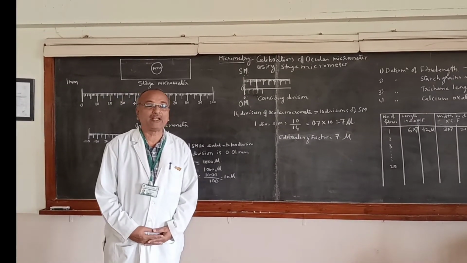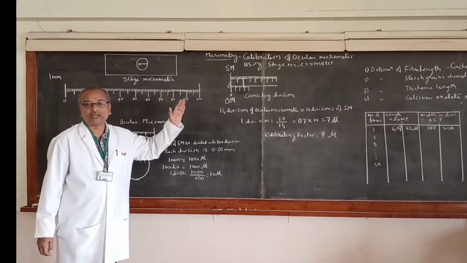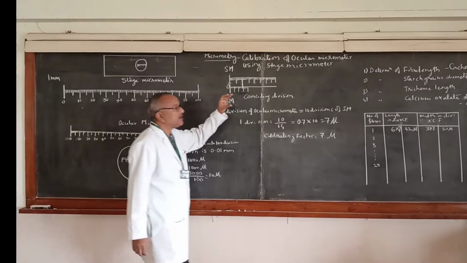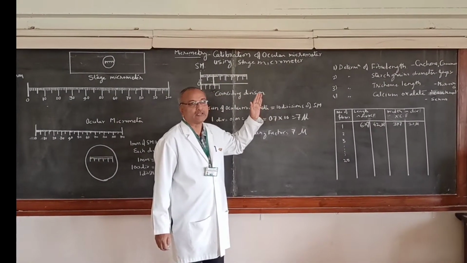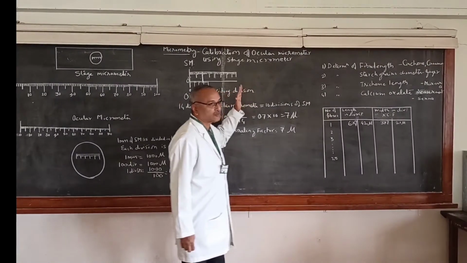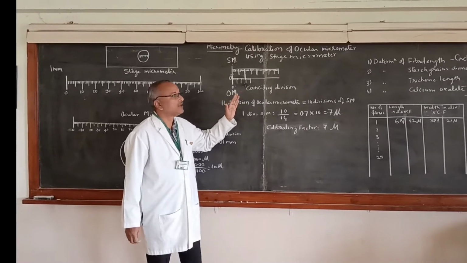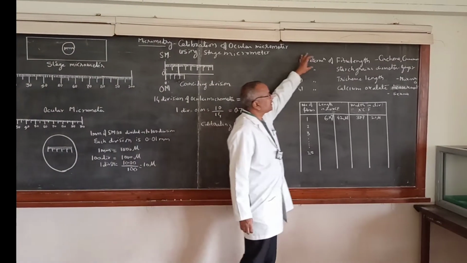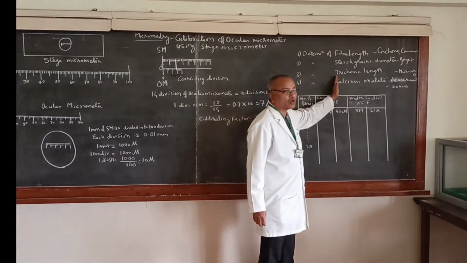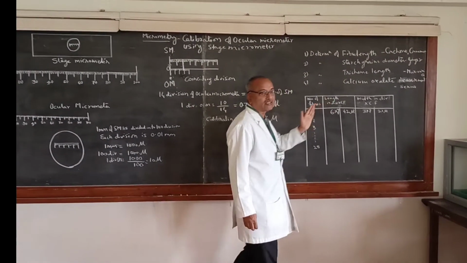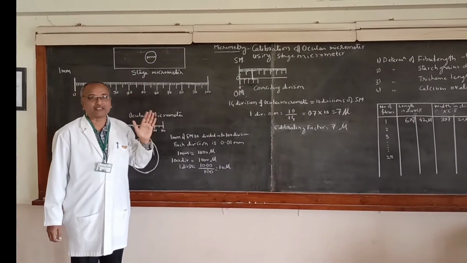Calibration is required mainly for measuring the micro units, that is, mainly in plant powder drugs. In pharmacognosy we make use of the stage micrometer as well as the ocular micrometer. That is the calibration process, and we measure the fiber, starch grain diameter, trichome length, and the calcium oxalate crystals using the ocular micrometer itself. So why is the calibration required?